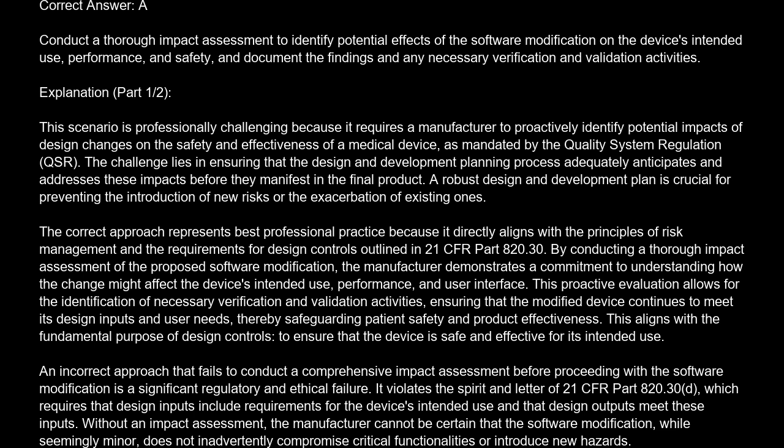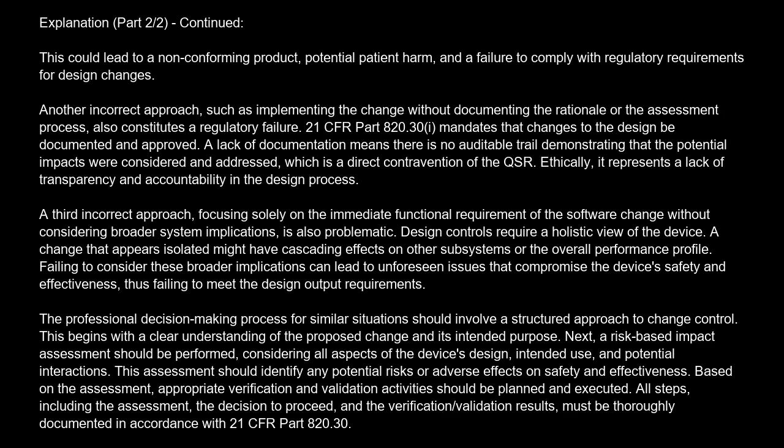intended use. An incorrect approach that fails to conduct a comprehensive impact assessment before proceeding with the software modification is a significant regulatory and ethical failure. It violates the spirit and letter of 21 CFR Part 820.30(d), which requires that design inputs include requirements for the device's intended use and that design outputs meet these inputs. Without an impact assessment, the manufacturer cannot be certain that the software modification, while seemingly minor, does not inadvertently compromise critical functionalities or introduce new hazards. This could lead to a non-conforming product, potential patient harm, and a failure to comply with regulatory requirements for design